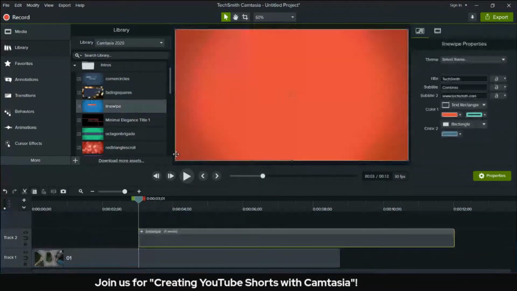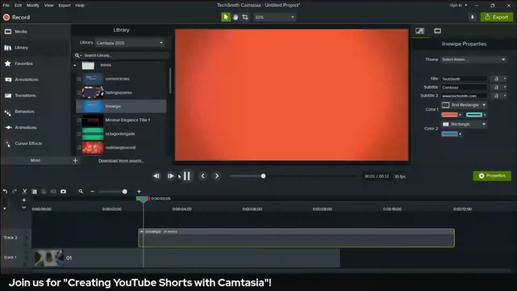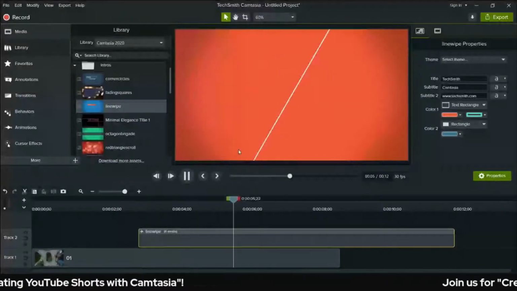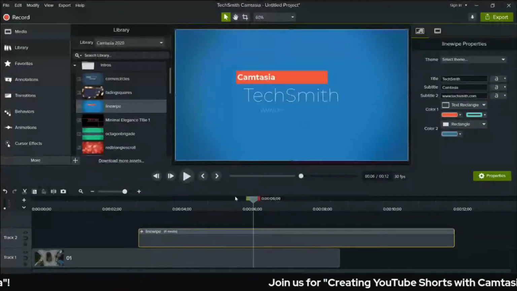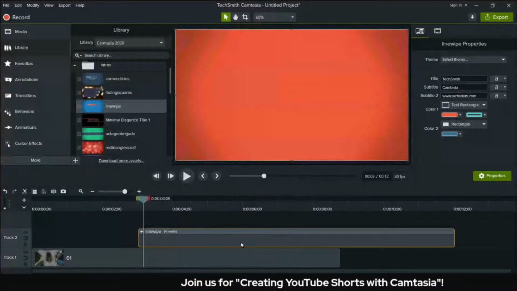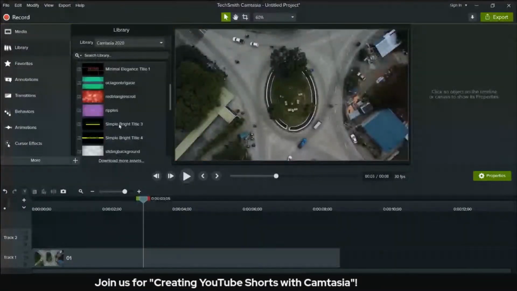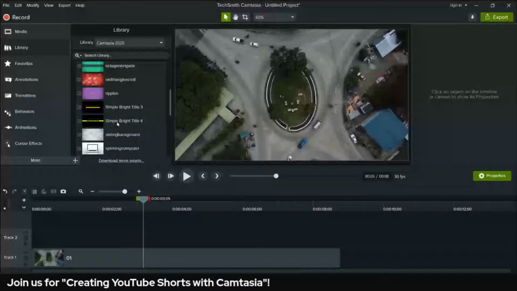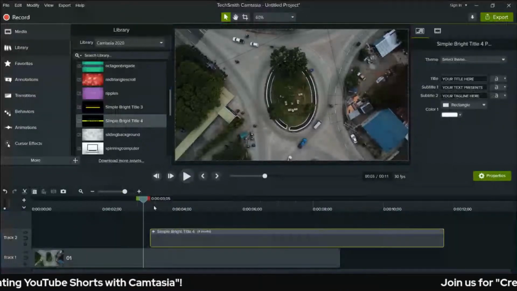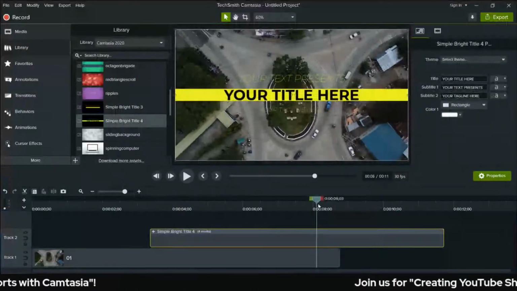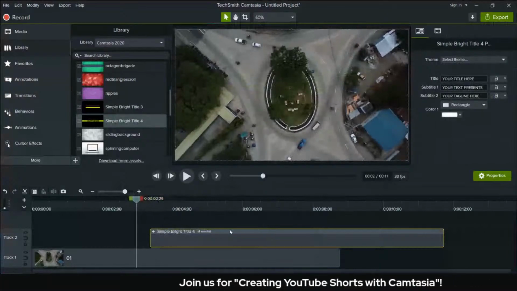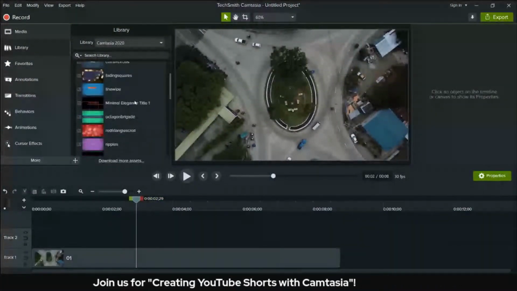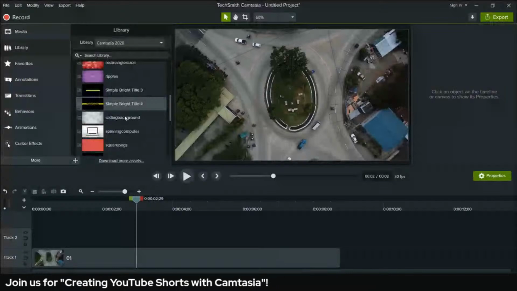So I'm hitting spacebar to play. Can change the properties. We have also here simple bright tile for just whatever preset that you want in the intro. Just simply drag and drop. Okay, next